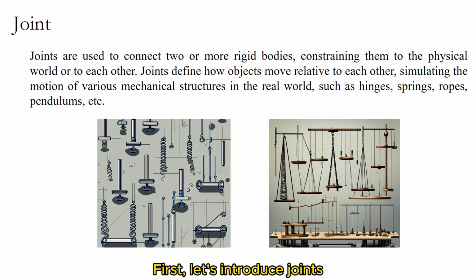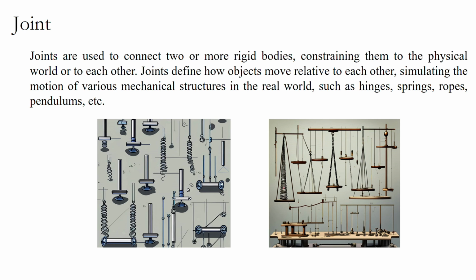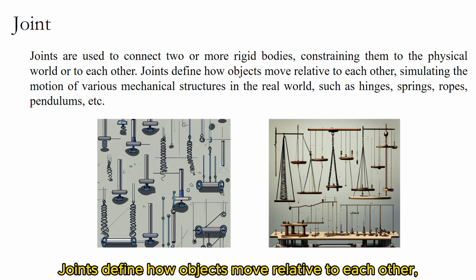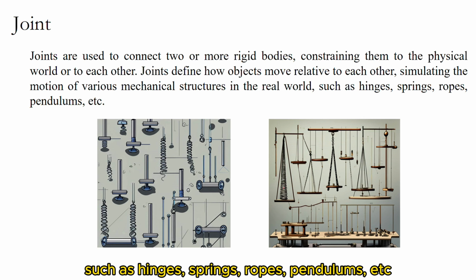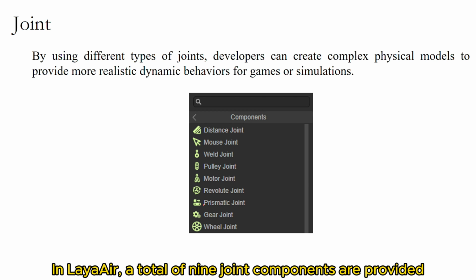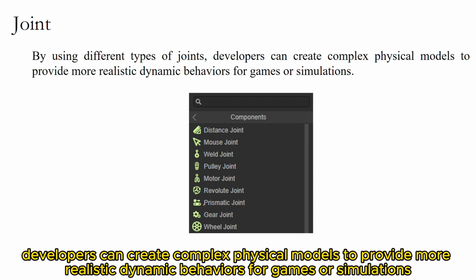First, let's introduce joints. Joints are used to connect two or more rigid bodies, constraining them to the physical world or to each other. Joints define how objects move relative to each other, simulating the motion of various mechanical structures in the real world, such as hinges, springs, ropes, pendulums, etc. In LayaAir, a total of 9 joint components are provided. By using different types of joints, developers can create complex physical models to provide more realistic dynamic behaviors for games